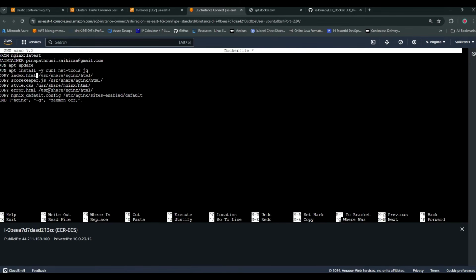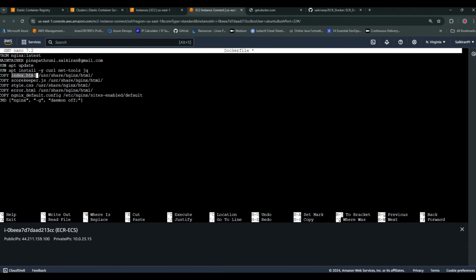Just now we have seen one index.html file in our current directory. I am copying it to /usr/share/nginx/html. Why am I copying? Because nginx's default directory is this. People who are not understanding this, don't worry, I'll tell you in a very simple way.